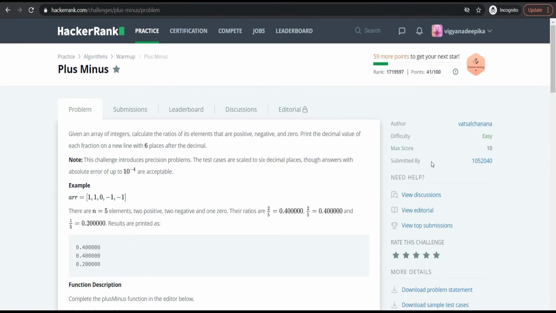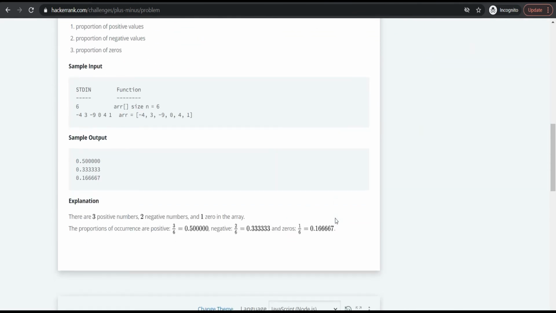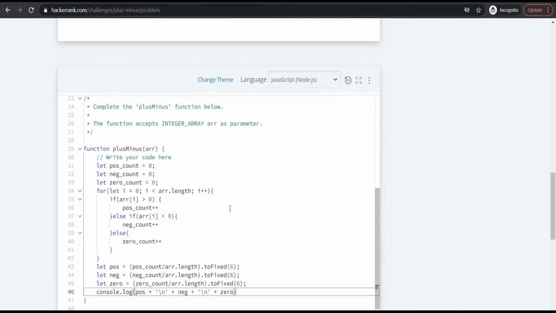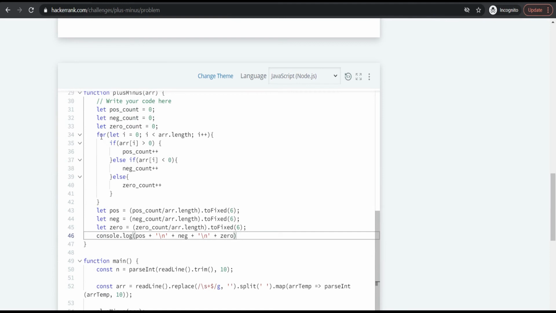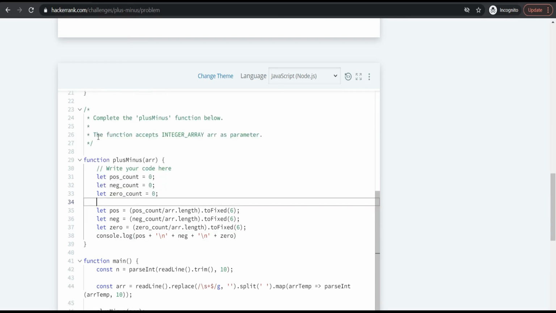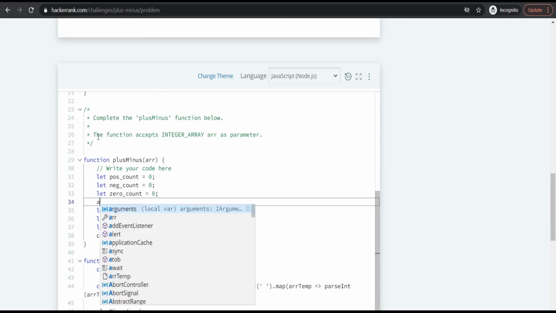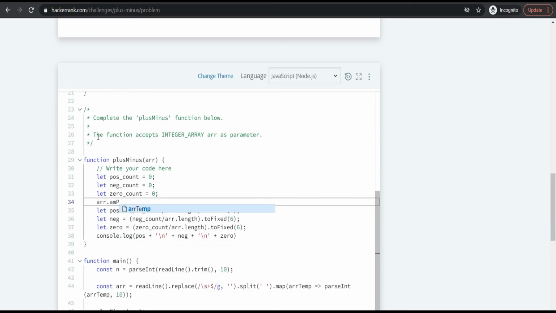Now, here we have written a simple for loop. What I'm going to do is, instead of writing the for loop, use a map function and let's see how it works. The rest is going to be the same. I'm going to delete the for loop and write a map function for this. So I'm writing array dot map,